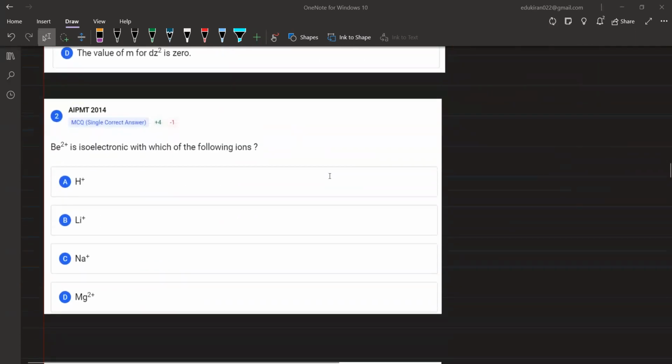चलिए, Be2 plus is isoelectronic with which one of the following? ठीक है, see, this question is not important, लेकिन हम आपके पास दिमाग में ये लाना चाह रहे हैं कि आइसो इलेक्ट्रॉनिक के बारे में कोई सवाल आ सकता है। ठीक है, specific सवाल नहीं important है, but I hope कि आपको समझ में आए कि किस तरह से सवाल आता है, तो आइसो इलेक्ट्रॉनिक का कोई सवाल आ सकता है। ठीक है, चलिए,